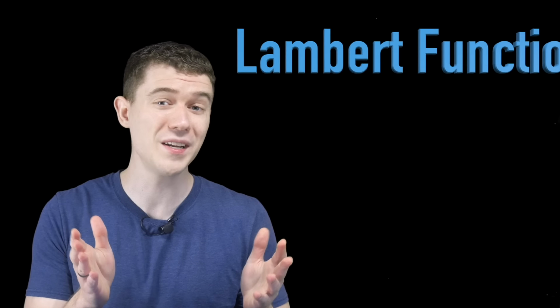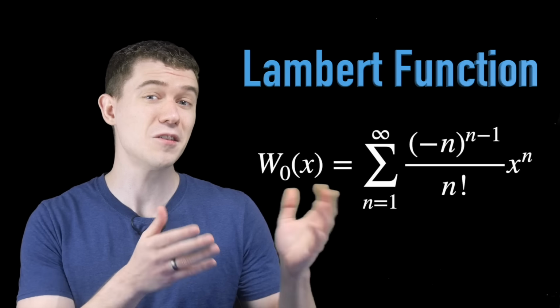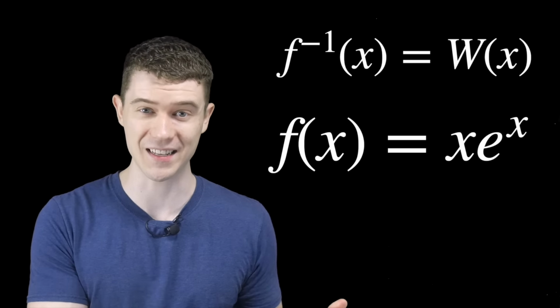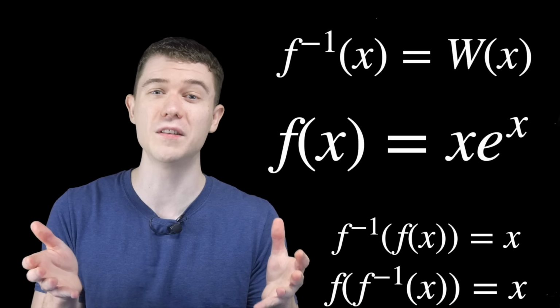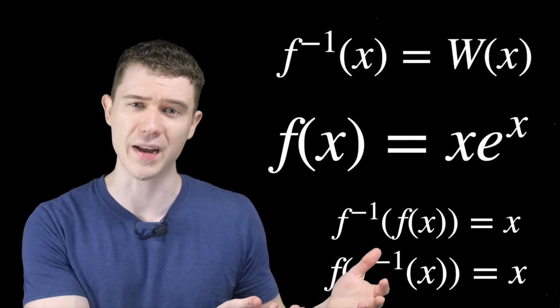The first tool we'll need is the Lambert function, usually denoted with a W. Here's its series representation. Why do we care about this? Well, the Lambert function is the inverse function to x times e to the x. And remember how inverse functions work? When we compose them either way around, they essentially undo each other and they just spit out x. So when we compose W and x times e to the x either way around, we just get out x